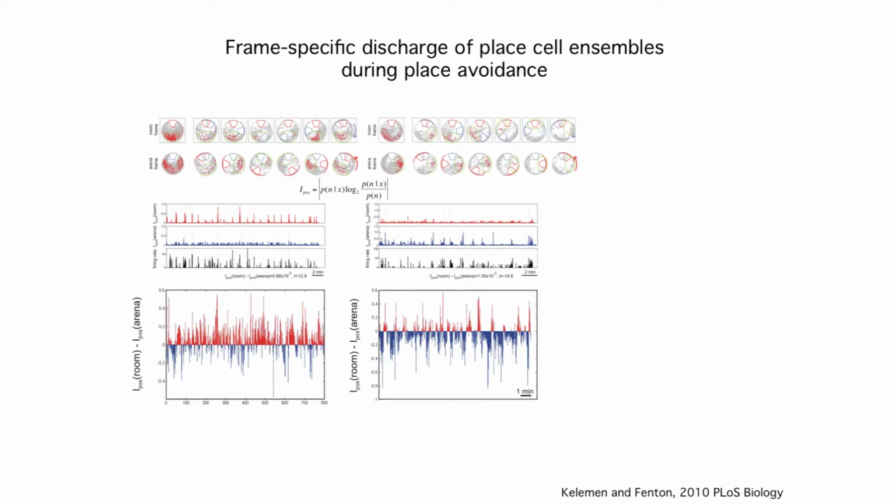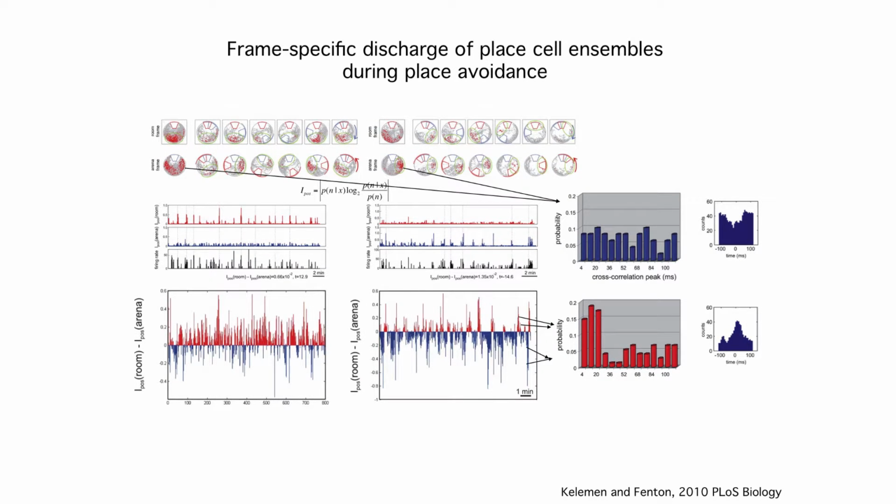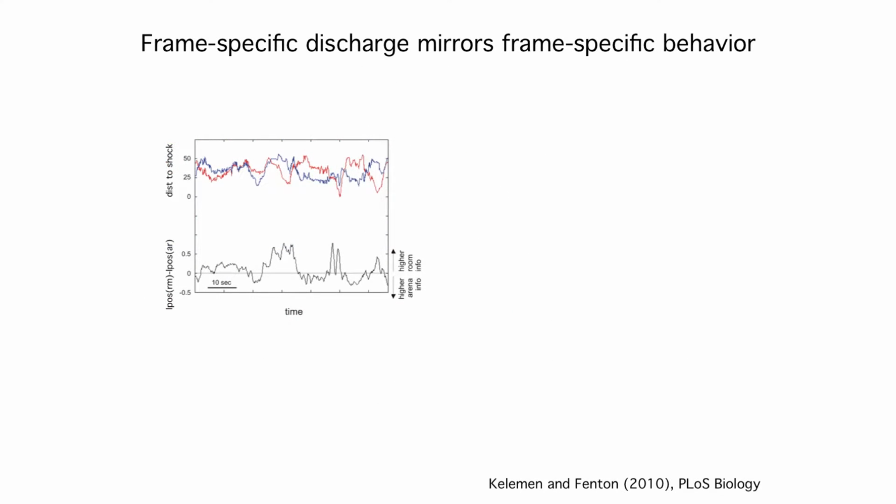And there are a bunch of interesting things that we won't dwell on here, but you can notice there's more red here in this recording and more blue here, so this ensemble seemed to have a preference for signaling information in the room, whereas in this case it had a preference for signaling information in the rotating frame. And if you look carefully at the behavior, you can see actually the switching back and forth is actually purposeful.